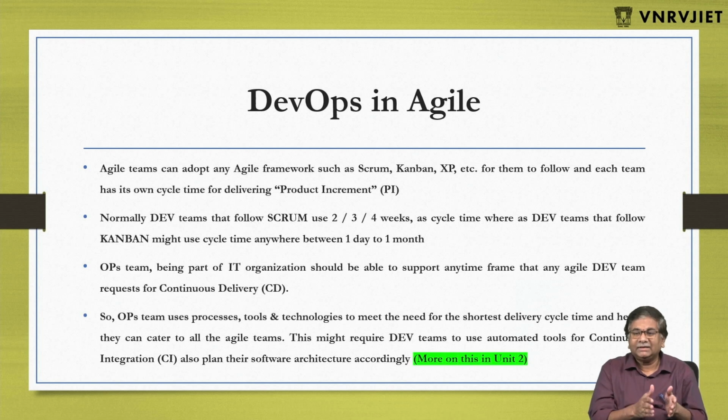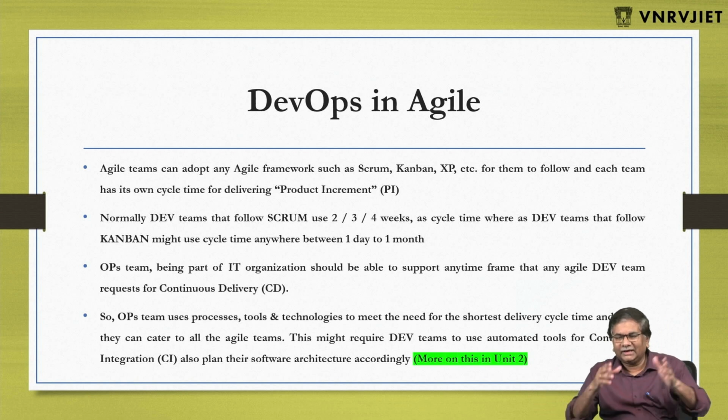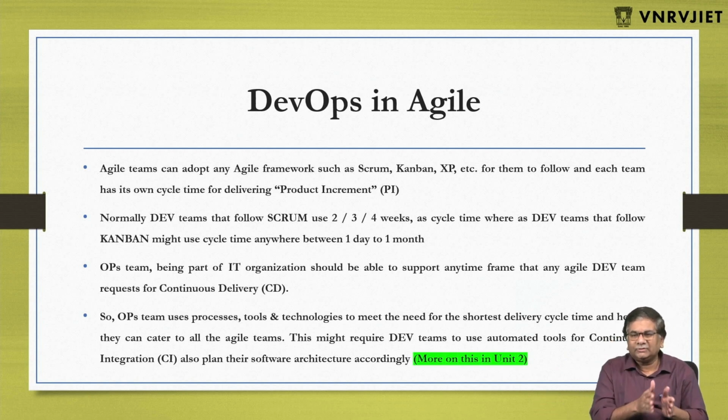the ops team, because it's day-to-day operations. These are the tasks we have for today. Have they been completed? That kind of stuff, right? So Kanban normally goes by day-to-day activities, whereas Scrum could go for 1 or 2 or 3 or 4 weeks. Normally 2 weeks, sometimes 3 weeks, but 4 weeks very rarely happens. Some people do that, but very rarely. So normally the dev team